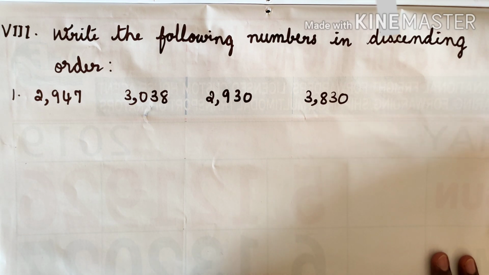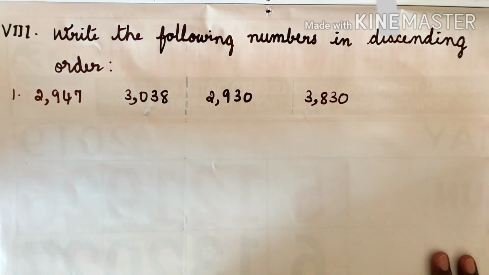Method is same. First compare thousands. If the thousands are same, then we have to compare the next highest place, that is of hundreds. If even hundreds are same, we need to compare the next highest place, that is tens. Even if the tens are same, we have to compare units. Now let us begin. First step, let us compare thousands and see.